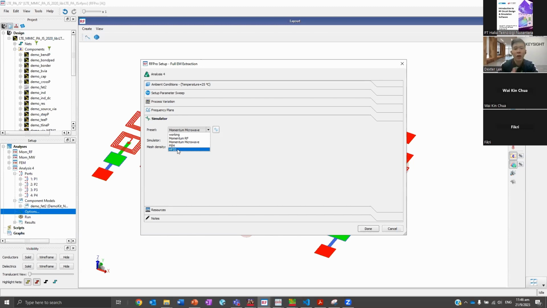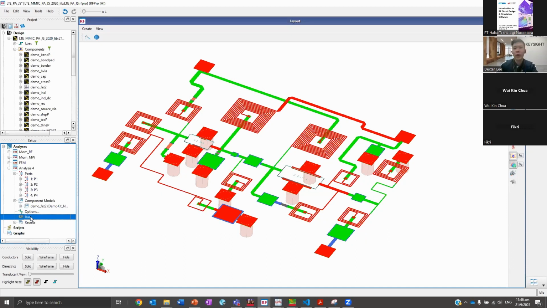So we call it the RF Pro HFSS link. If you want to use the HFSS engine as part of your EM simulation, we do have that as well. For this demo, I'm running on Momentum, and then we can start to run the simulation,